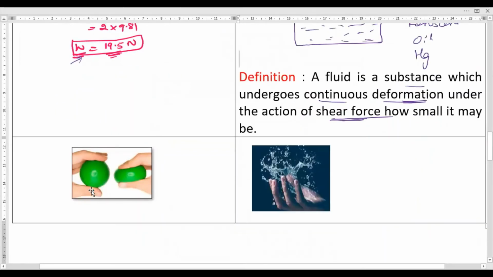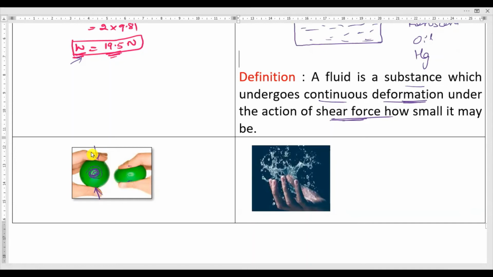Okay, it has some weight, some mass of this ball is m. So to get deformation, I have applied some compressive forces on both the ends. Here is one end force, here also forces are applied. So the applied force is more than the mass or the weight of this body, so that it is getting some deformation.